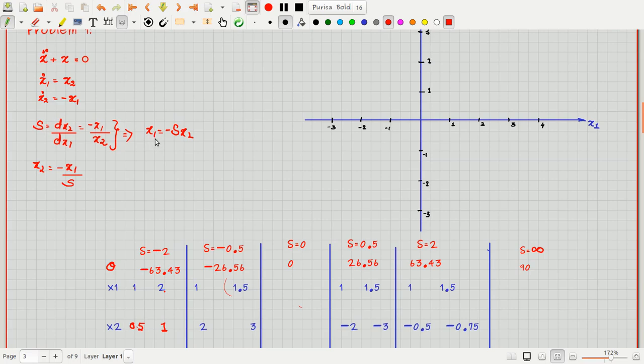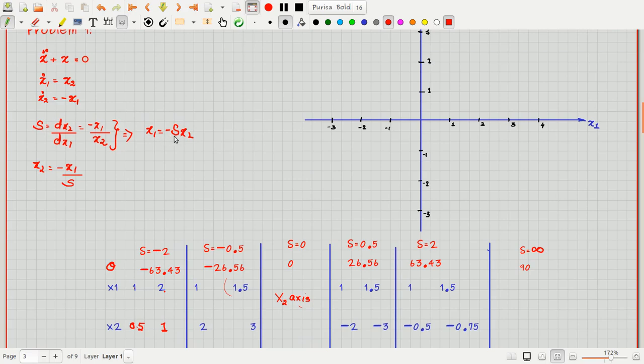That means it is this line, right? It is the y-axis, the x2 axis. See, in this case, it is not necessary that you have to draw all these. You have to think about these things. You can take x2 equal to 0.1 and calculate also. But if you put s equal to 0 here and try to find x2, it will go to minus infinity and you will be confused. That is why it has to be got from this.